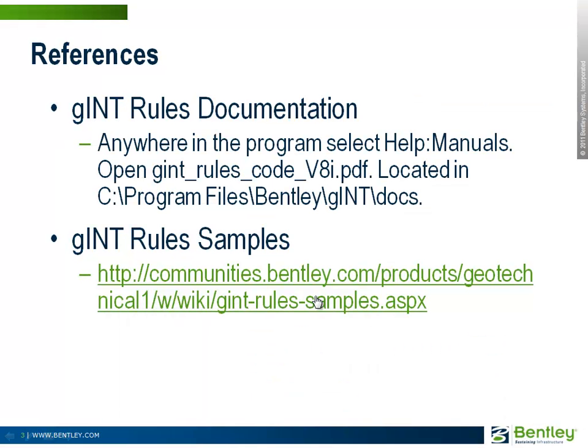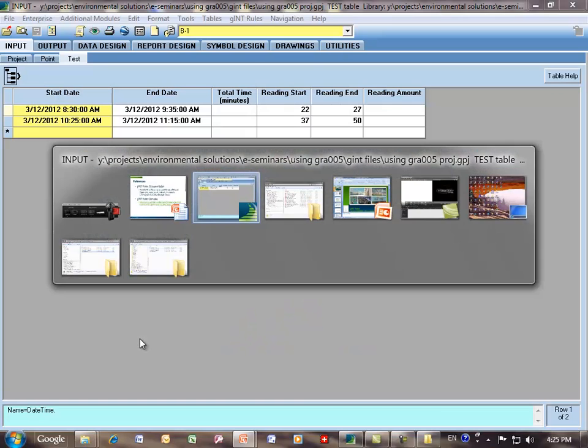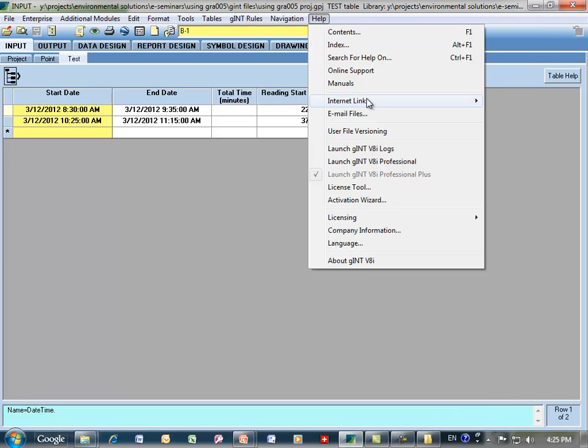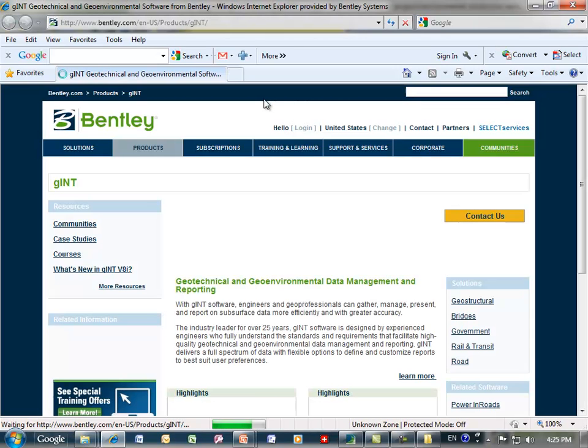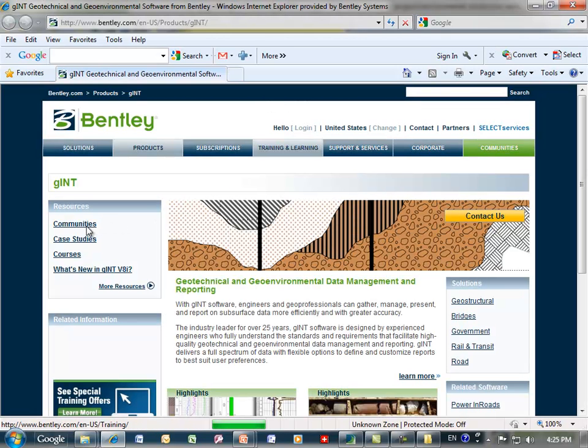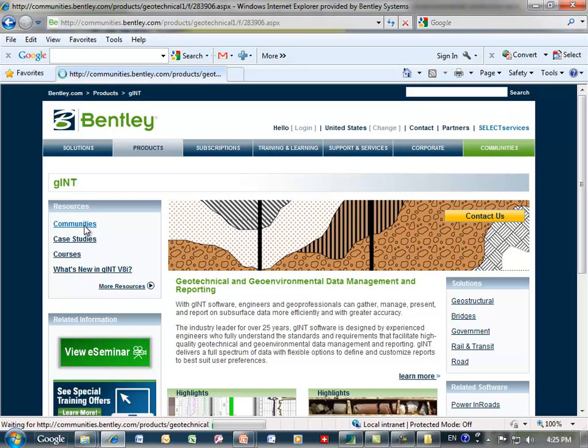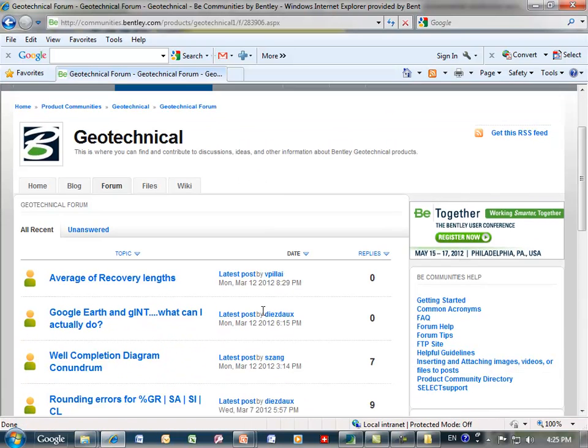And the other thing to look for are the GINT rule samples. We have 31 sample projects now. This is the link, but let's go there through GINT, under Help, Internet Links, go to the GINT webpage on the Bentley site, go to Communities, and there's quite a bit in Communities. The first thing you'll see is a forum. You're all welcome to post questions and comments, and people from Bentley will respond, but more likely people in the community respond. Then if we go to the wiki,